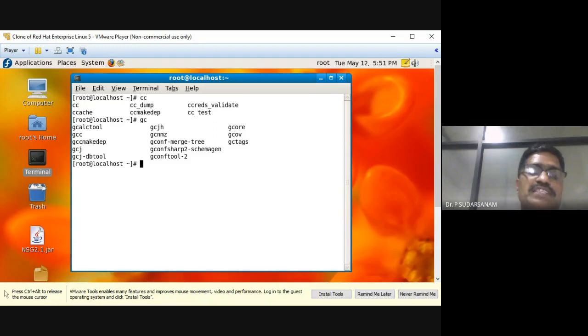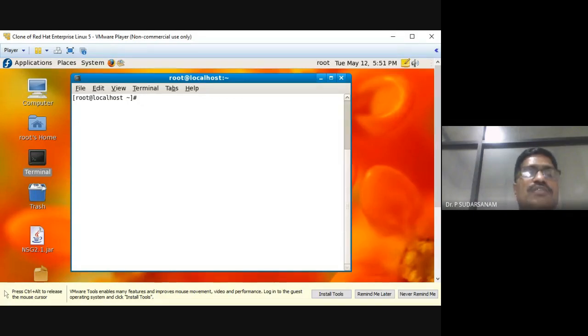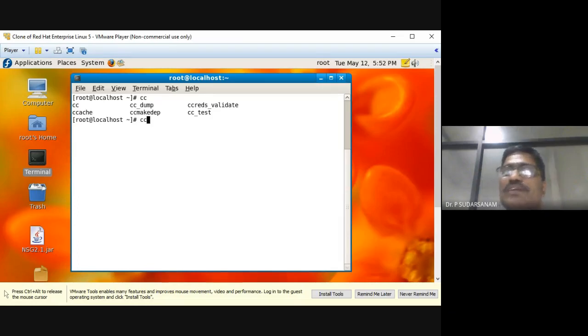Similarly you can check Java. See, automatically when I'm pressing double tab, it is coming. Like for example Lex or Yacc. See, it is coming. When I'm pressing double tab, no need to type it, automatically it is coming. So if it is coming, it means the software is available. Now I want to find out whether C software is available. Once it is available, you can go ahead.